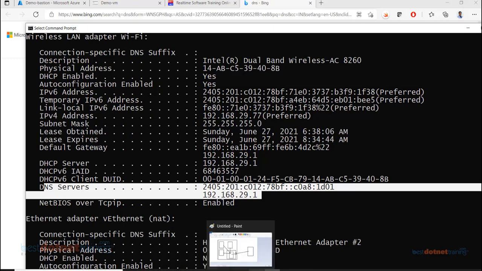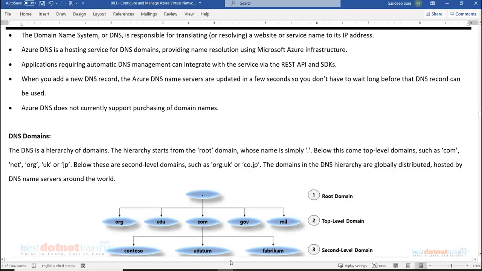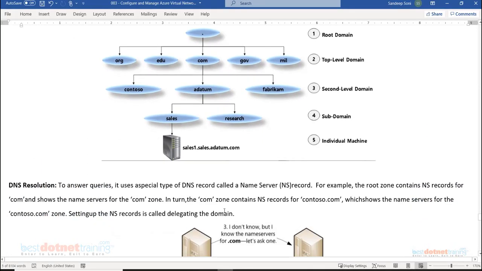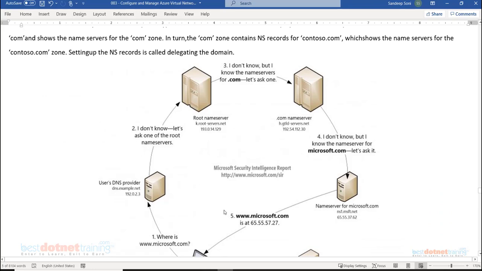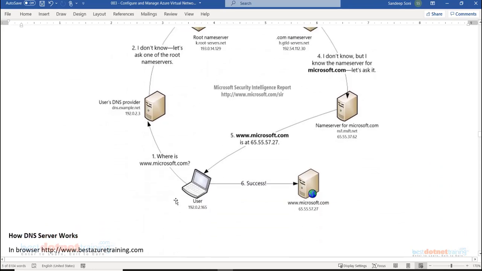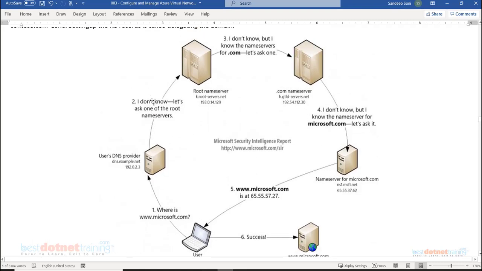But if it is not found anywhere, then it is going to go at the top level to something called the root name server. So from my machine, imagine I start browsing something like www.microsoft.com. My machine has a pre-configured DNS server. Imagine this is the one which is in my private network. Using a private IP, I would reach there. But the entry is not found here. So it goes to its parent, its parent, its parent. Eventually, it goes to the root name server.